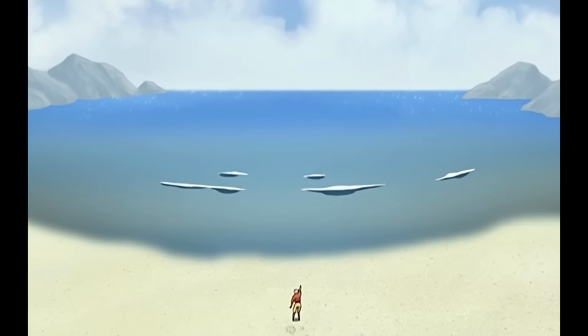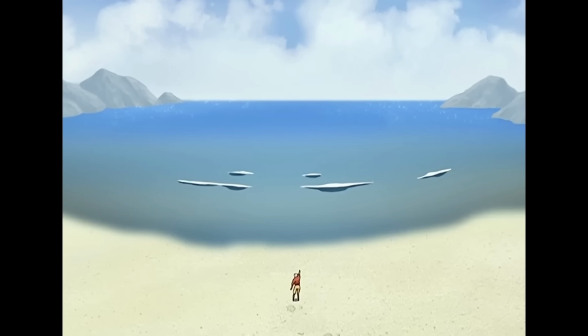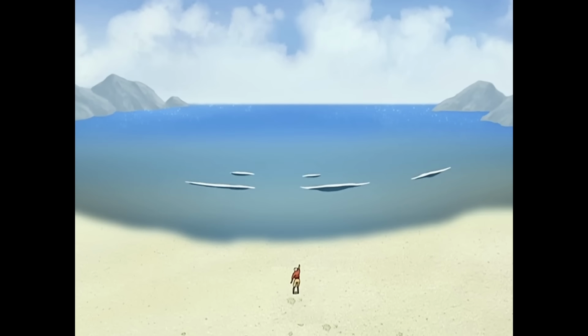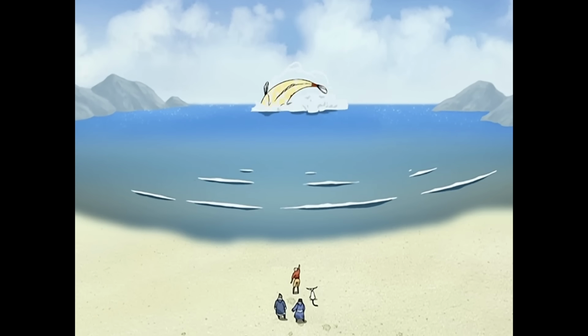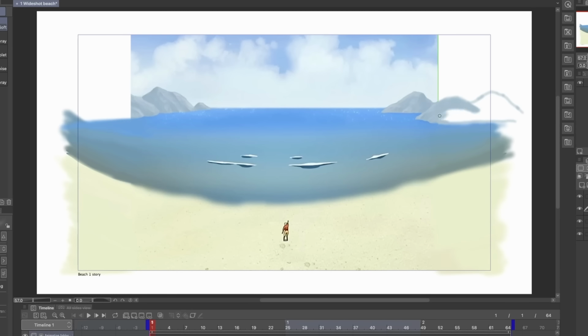Our first shot of the day features a wide view of the beach that Aang and the GAang find themselves upon. I'm super envious of this because it's been getting really hot where I am, and I would give anything to jump in this Unagi-infested seawater. Moving along from that tangent, I matched the sea and the sand on the shore before moving on to the rocks and the sky in the background. Luckily, the image stays perfectly still on the side, so there wasn't much that needed to be done after this